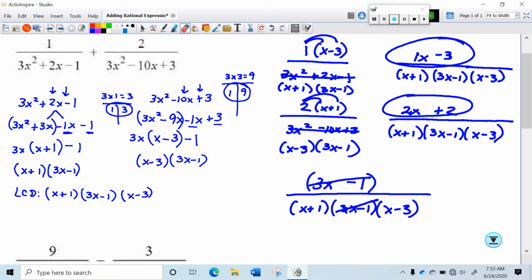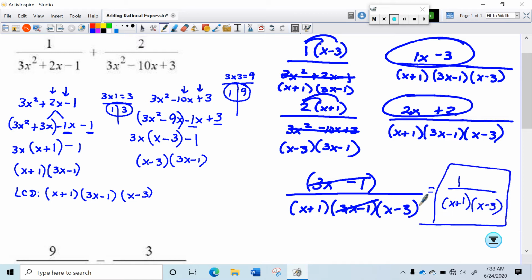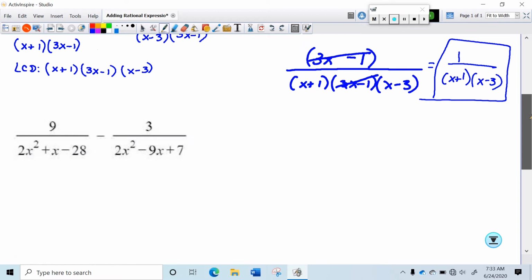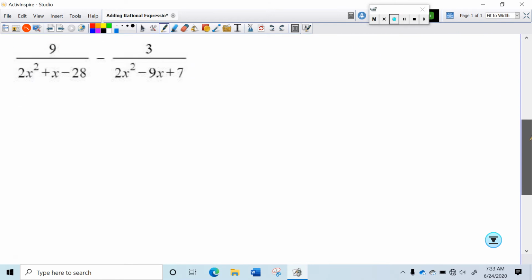So let me make myself some room here. As you can see, these problems are really involved. And then I have an x plus 1 and an x minus 3. And that one's finally finished. It takes a long time to do one of these problems. I told you from the beginning, I'm not going to lie to you. Alright, so